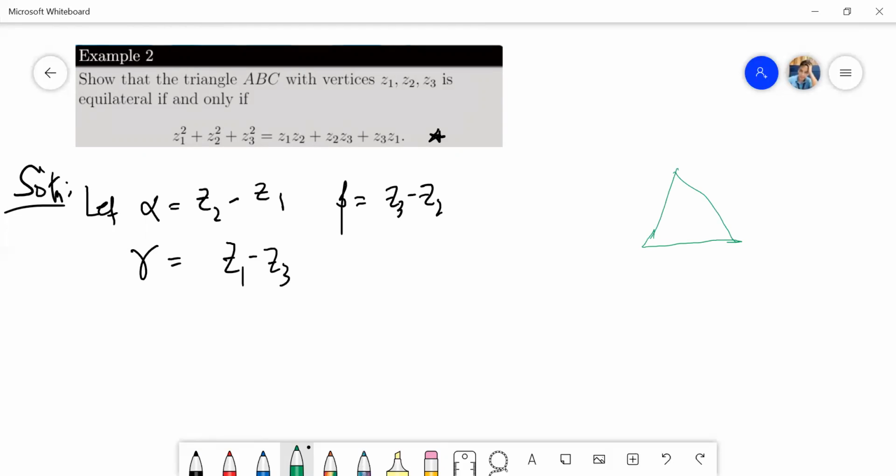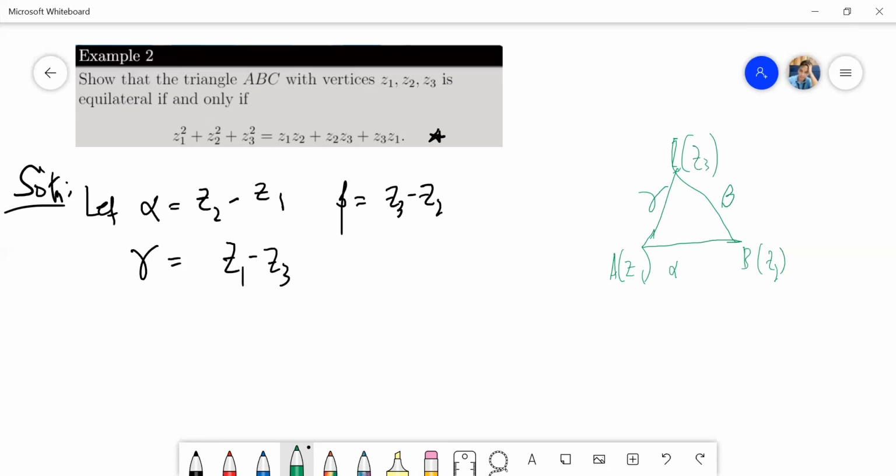Assuming I have a very perfect triangle drawing here, let's say the vertex here is Z1, the vertex here is Z2, the vertex here is Z3. If I'm going to plot this into a complex plane, the measure of the line segment connecting the vertices Z1 and Z2, I have this as alpha, where my alpha, of course, is Z2 minus Z1. I would also have this as beta, and I will also have this as gamma.